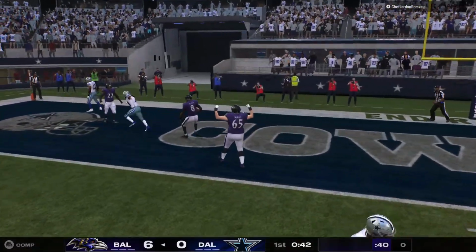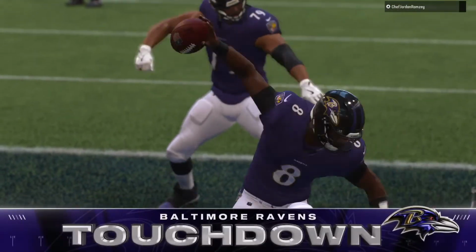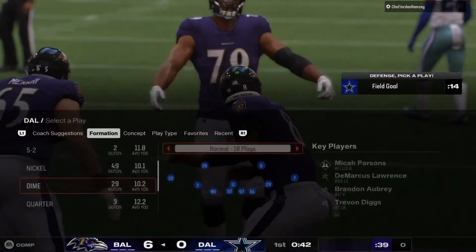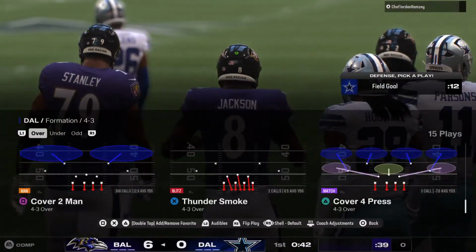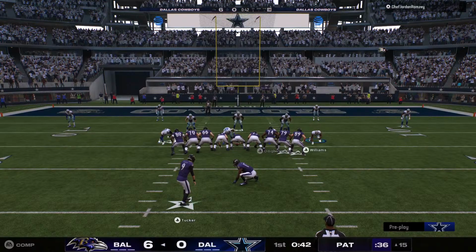Rolling. And they will score. It's a Baltimore touchdown. The Ravens take a 6-0 lead in the 1st quarter. It's a Lamar Jackson touchdown. Just a great effort there from him, Brock, to take it upon himself, embrace the initiative, and turn that drive